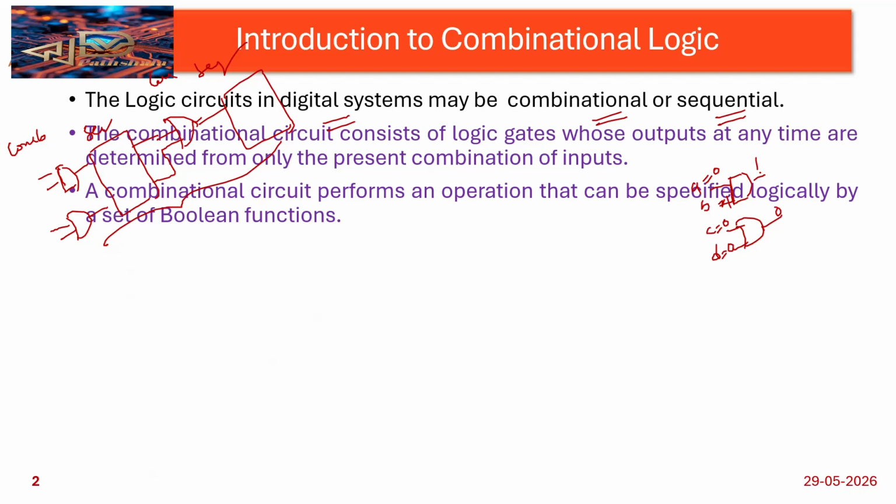Okay, so combinational circuits perform operations that can be logically set by Boolean functions, right? See how we are setting the Boolean functions here. This is my AND gate signal, and this is my XOR gate signal. I am giving the two inputs A, B, and I am getting A, B, and then A XOR B as outputs. How are we saying that these are combinational circuits? Based on the Boolean expressions we are